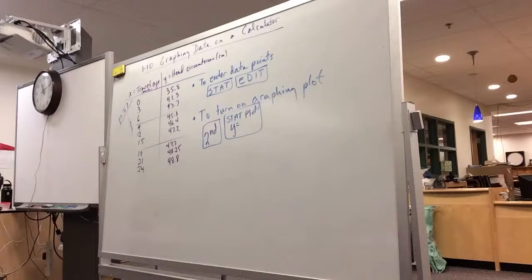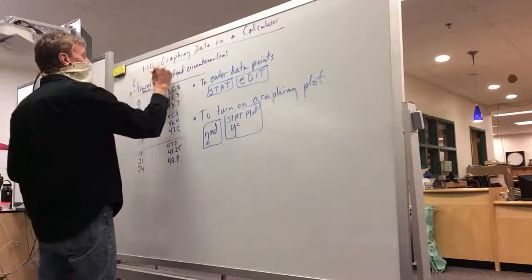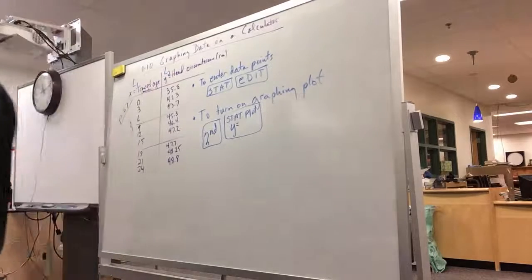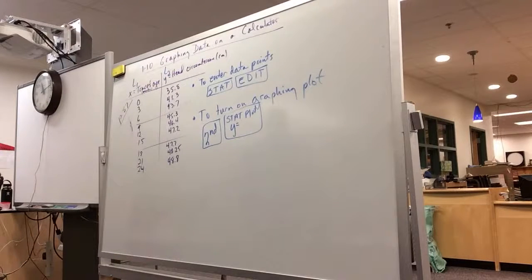Then you have something that says X list and Y list. X list and Y list need to read L1 and L2. X list should be what? Yeah, X list is L1, and your Y list is going to be list number 2. Yes? Give me a thumb which way you are. The Y list will be L2, and the X list should read L1.